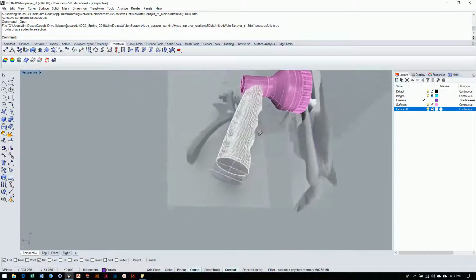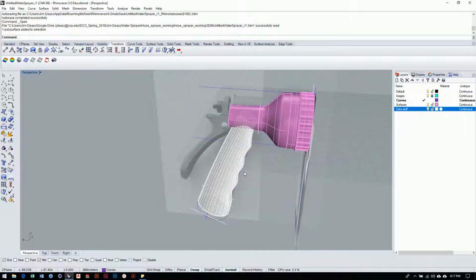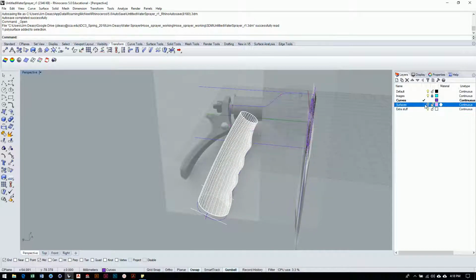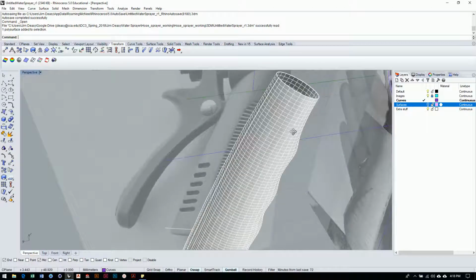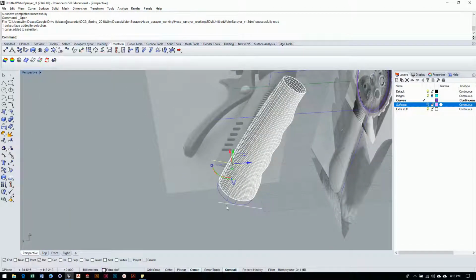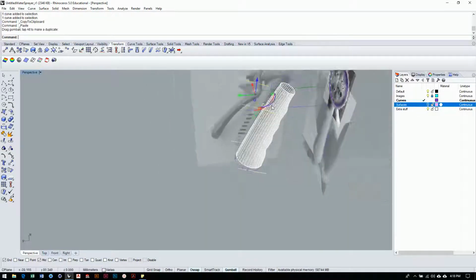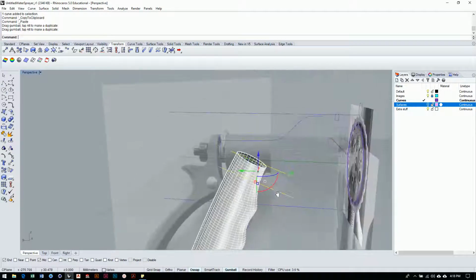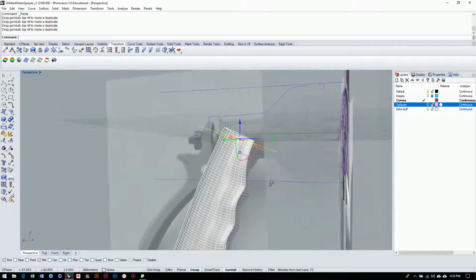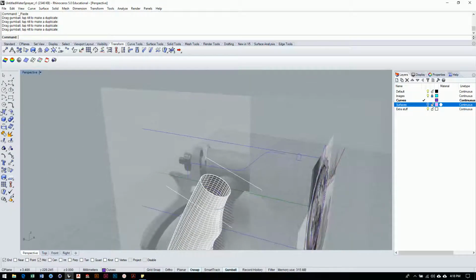So we just want to confirm that it's solid, first of all, and if I hide some of the other surfaces, I'll see that the top is still open. So I want to go ahead and just cap that. Take this and this. I have these curves left over from the last time I had to cap the bottom. So I'm going to push them right into position, and I'll grab my loft tool,